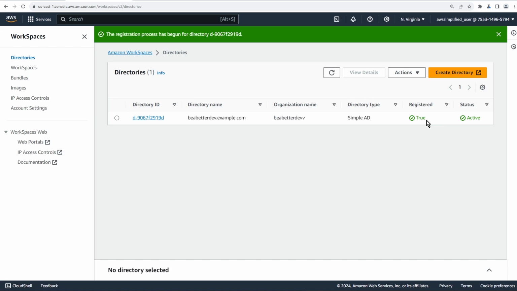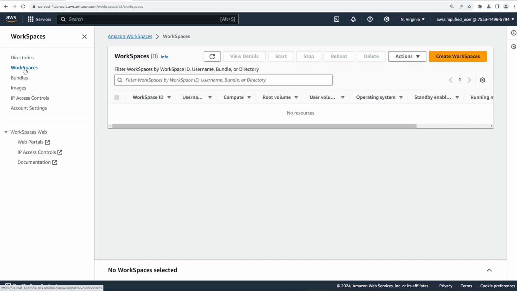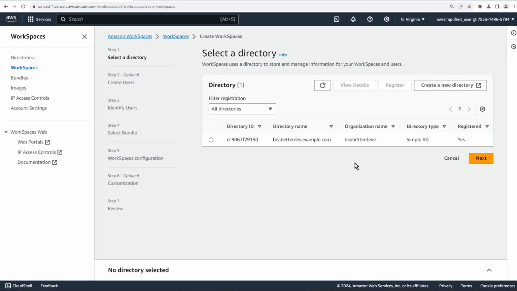All right, so now we're good to go to essentially start creating our workspace client, which is that virtual client that we're going to be able to log into. And in order to get started with that, we're going to go to the left-hand side here where it says Workspaces, and we're going to click on this. And this is going to be where we create that instance. So go ahead and go to Create Workspaces, the orange button in the top right here,